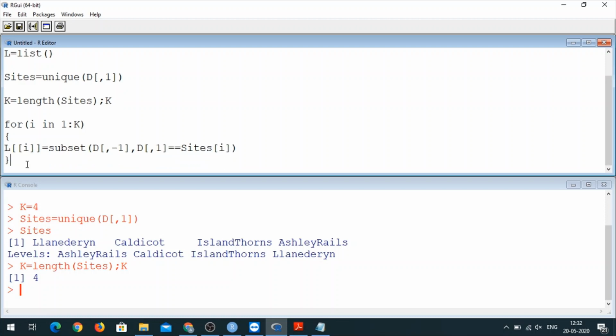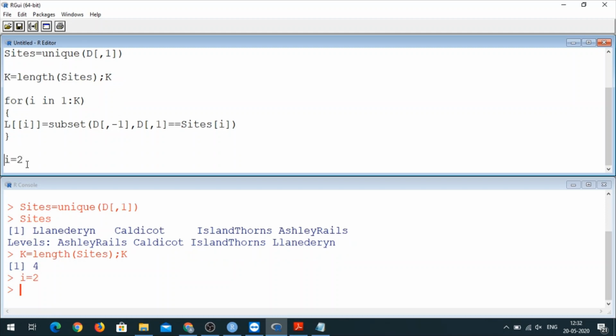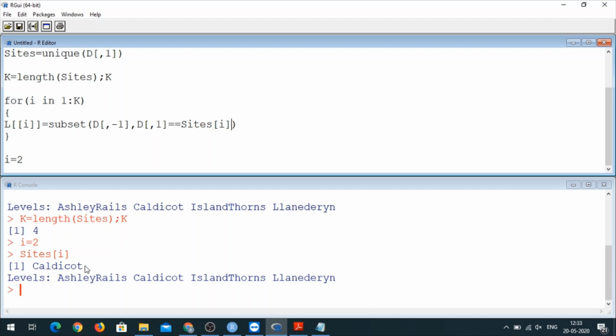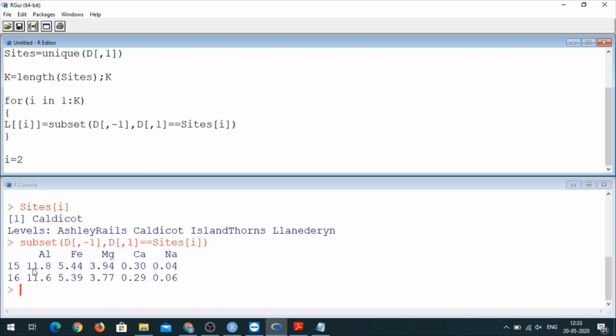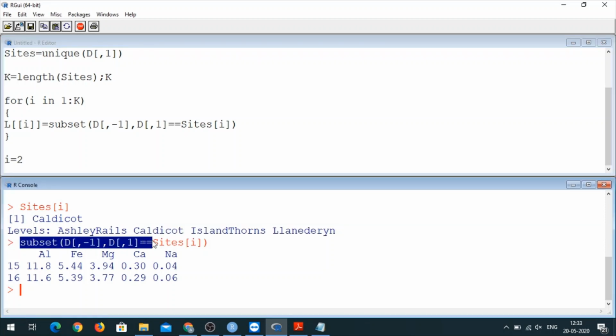Let me run this for i equal to 2 and show you the result. I am creating a subset of D in such a way that I would collect only those points for which the site is Caldecott. Sites at 2 is Caldecott, because sites gives me all these 4 names. If I run only this part, you can see only the data corresponding to Caldecott, those 2 rows, are produced here.